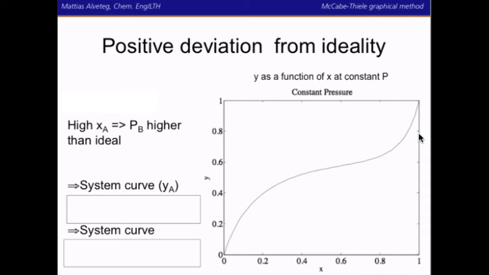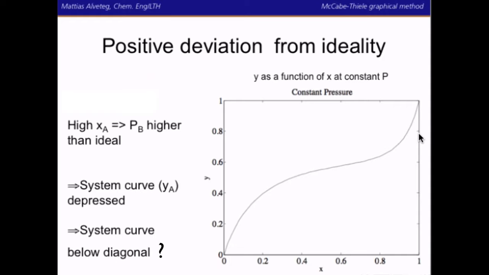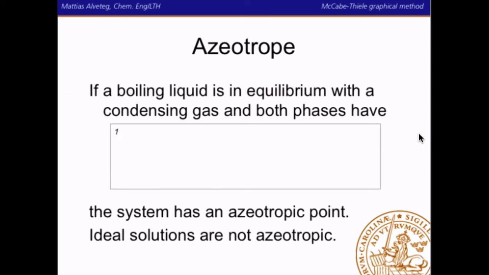So what will the system curve look like? Well, the system curve will be depressed at high xA, at high molar fractions of A. And it might even go below the diagonal at high molar fractions of A. If it goes below the diagonal, we will have an azeotropic point at the place where the system curve crosses the diagonal. So what is an